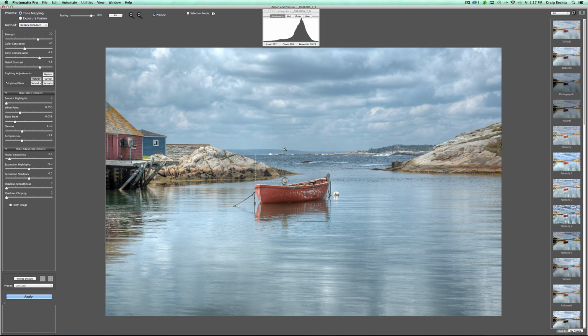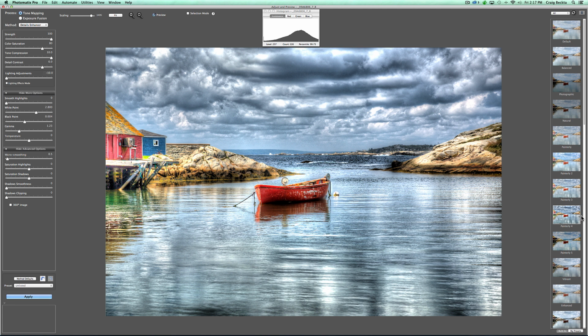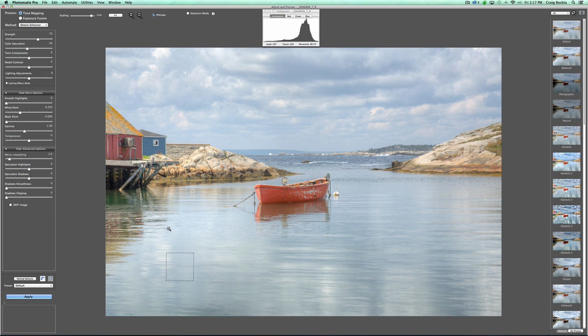So I think where a lot of people go astray is they use some of these presets here, and I'll show you an overdone look. So this is maybe what you see on the web, where some people kind of hit a preset and they call this HDR. So I think it's a little bit overdone, so I'm going to show you how to start from default. So we're going to go to default here on Photomatix Pro, and it looks a little on the